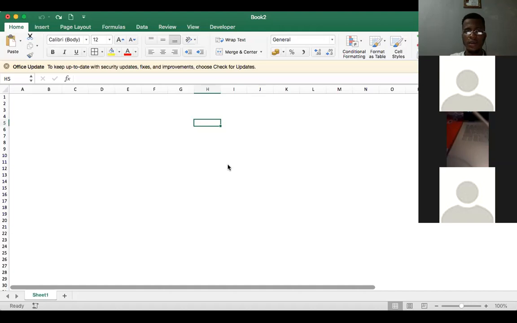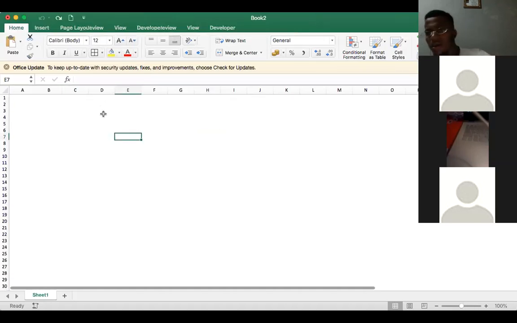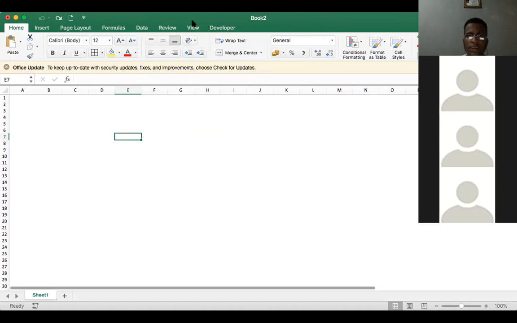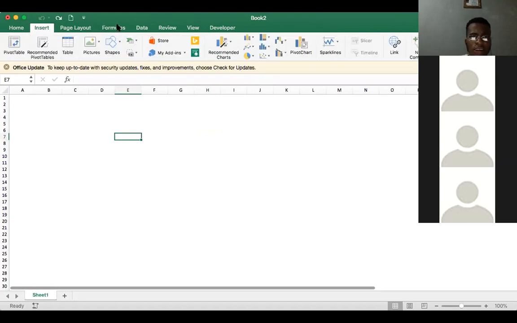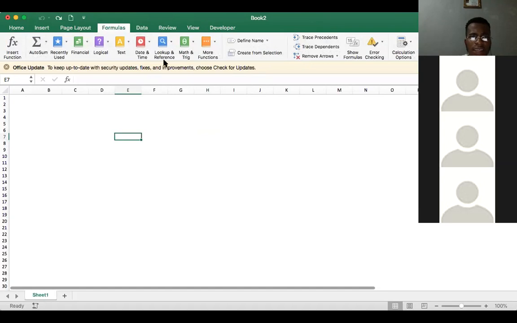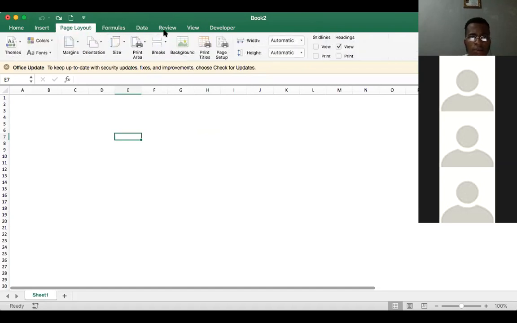So let's go back to the Excel. Sharing this. So like I was saying before, I was saying that the grid line explains to a large extent,